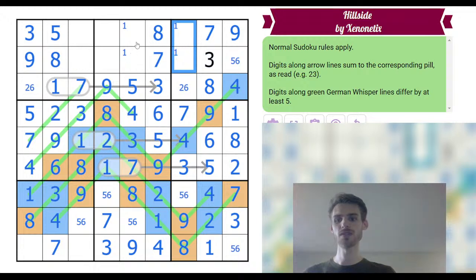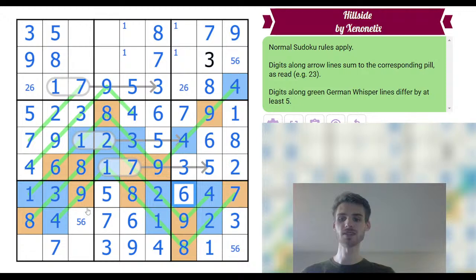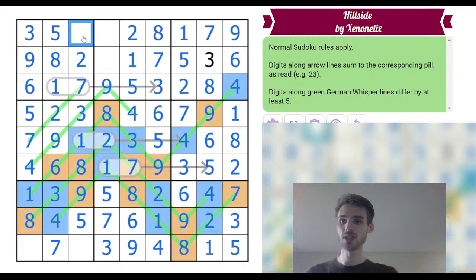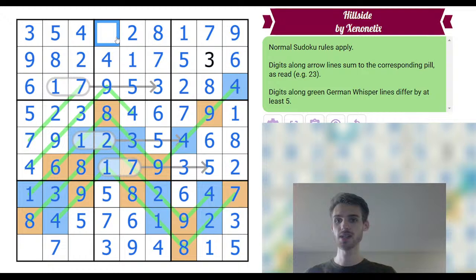Column 5 has a 1. Ah, there's a 5 in column 1. Or sorry, column 5. So this is a 6, that's a 5, that's a 6. That's a 5, that's a 5, that's a 6, that's a 2, that's a 6. This is a 1, 2. This is a 1, 5, which is resolved. This is 1, this is 5, this is 1, this is 2. That's a 2. And this is 4. That's a 4. And this is, again, this is a 6. So then we can place 6 here. And finally,